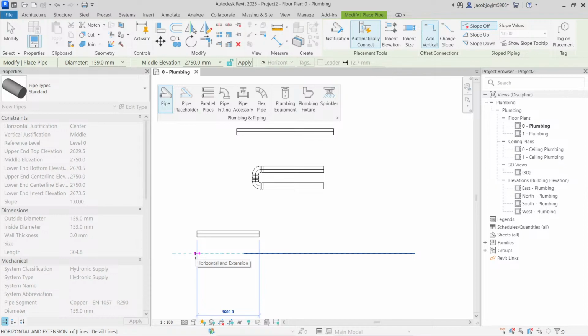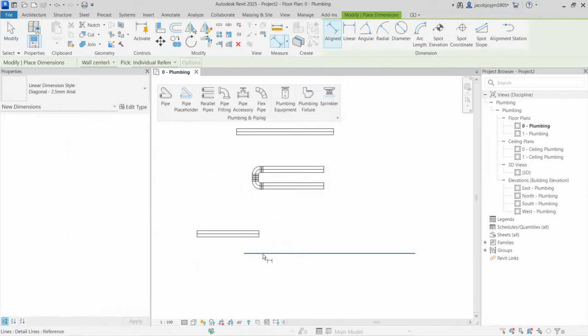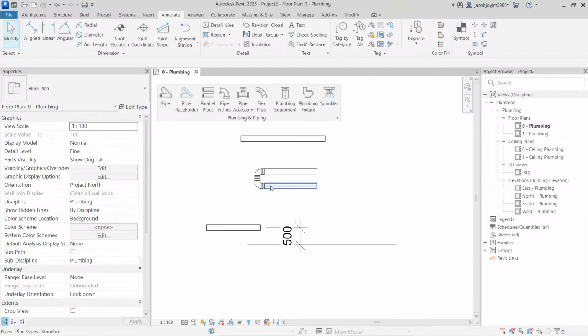Once I draw, I can measure, annotate dimension. If I measure, it will have a 500 offset. So that's about justification. Let's go to the next tool,